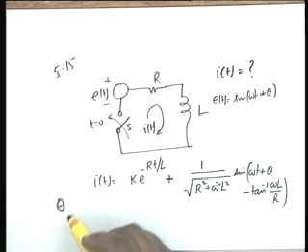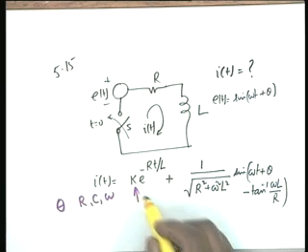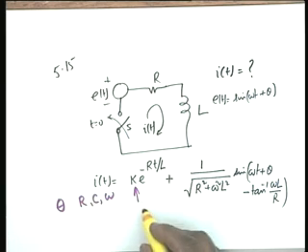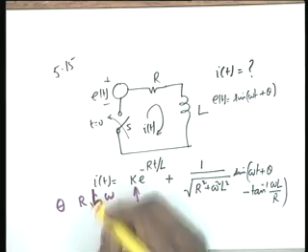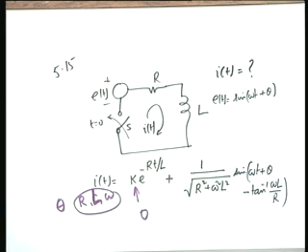Now the second part says, what should be theta in terms of R, C and omega so that the coefficient of the free response term is 0? What should be theta in terms of R, C and omega such that k, the coefficient of the free response term, is 0? It should be L. So it's C. Pardon me? R, C and omega. It should be L. R, L. Oh, R, L and omega. Okay, thank you. What we want is theta in terms of these constants so that k becomes equal to 0.